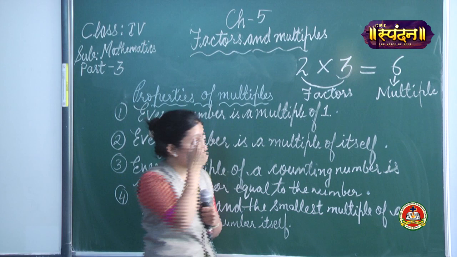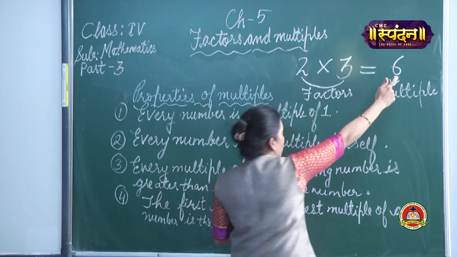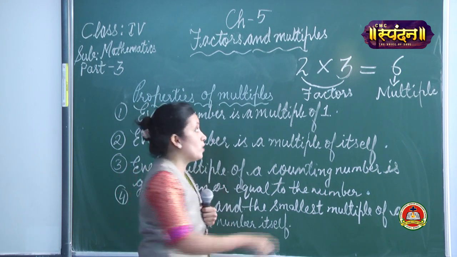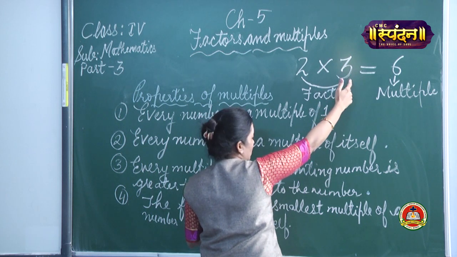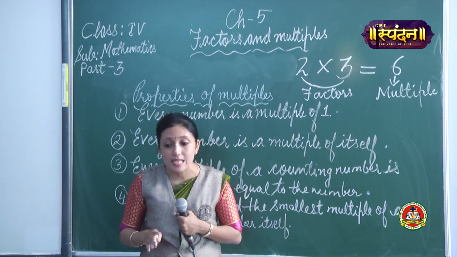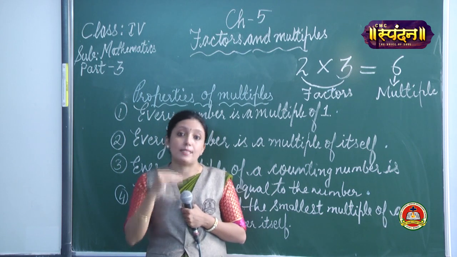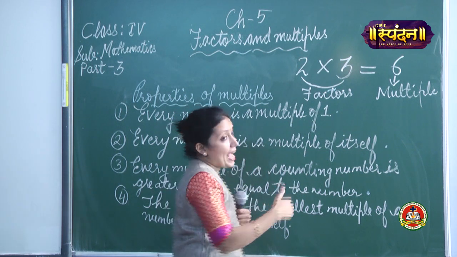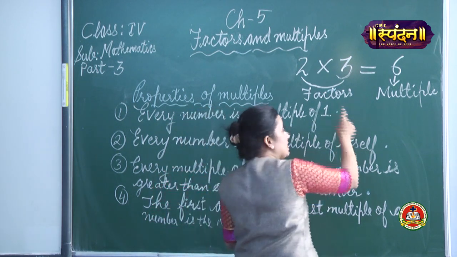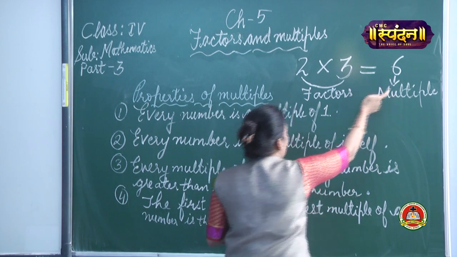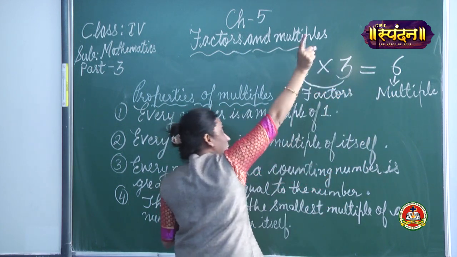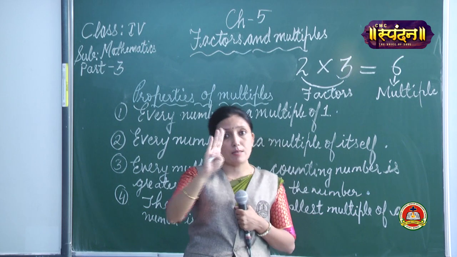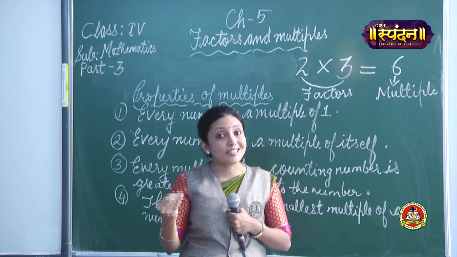This we have already done. But see, 2 3s are 6. What is my answer? 2 3s are 6. So, the product which you are getting with a number and any other counting number, the definition will come like this. A multiple of a number is the product of a given number and any other counting number. A multiple is a product of the given number and any counting number, like 5 2s are 10. 5 is the given number, suppose 2 is the other number which we are taking, and your answer is coming as 10.